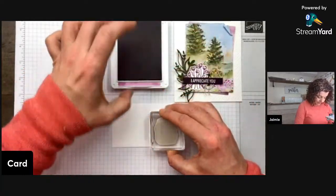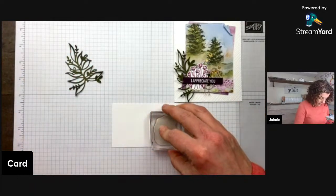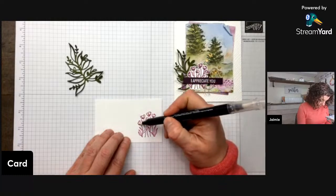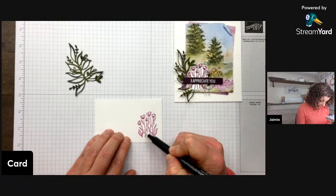Okay, so I'm going to stamp the image. I'm going to leave that there so I have time to close my ink pad because I don't want to dry that out while I'm coloring. Okay, you can see that. And then I'm going to take my blender pen and just go over it. And it's going to pull out